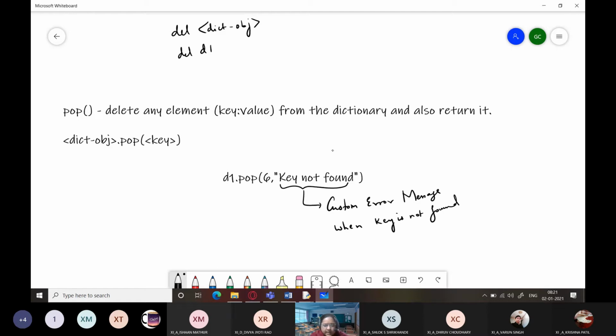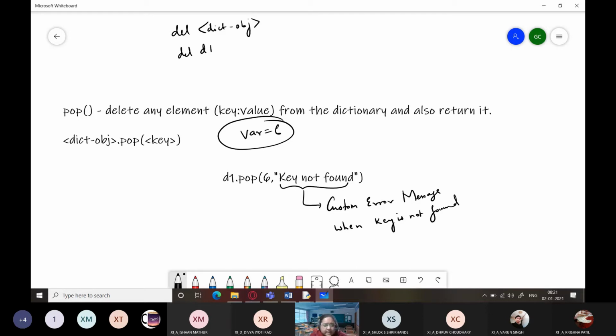So if 6 is a value which is stored in a variable, and you are doing a project in which you are trying to delete a specific record of a student using the roll number as the key. So in that case, you are asking for the roll number from the user.